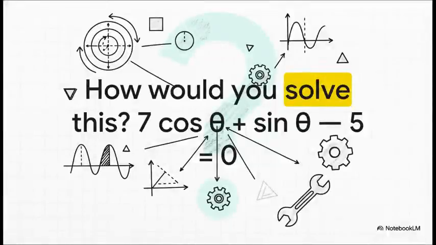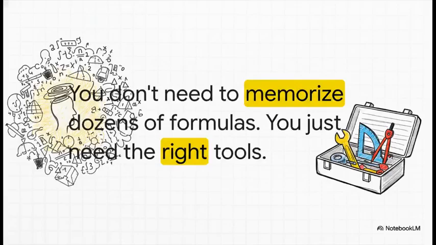So you look at an equation like this, and yeah, it looks pretty intimidating, right? Your standard tricks, sine squared plus cos squared equals 1, they're not really going to help you here. It just feels stuck. But what if I told you there's a tool designed specifically for this exact situation? And that's really the whole idea behind this explainer. Forget just learning things by rote. Instead, we're going to build a really powerful trig toolbox together, one tool at a time. And by the end, you'll see how having the right tool for the job makes even the toughest looking problems